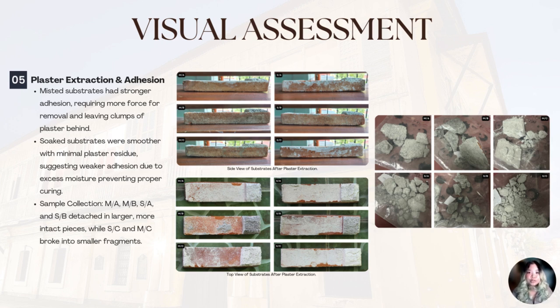The plaster ratio also influenced extraction. Samples with higher sand content, Ma, Sa, Mb, and Sb, produced larger pieces due to the increased bulk and rigidity, resulting in a more cohesive mixture. Samples with higher lime content, Mc and Sc, produced smaller, more brittle pieces due to the inherent softness of lime. Misting allowed for a gradual drying process, which led to an even drying and resulted in uniform pieces of plaster